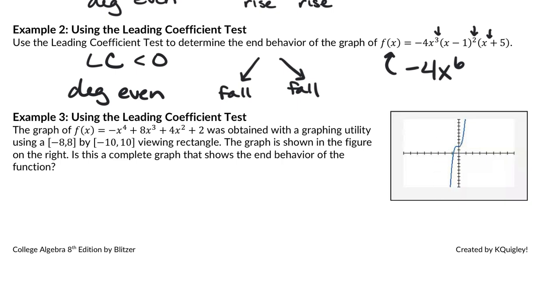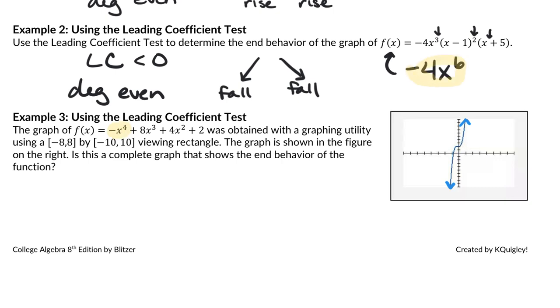The graph is shown in the figure on the right. Is this a complete graph that shows the end behavior of the function? Because right now it looks like the end behavior of this graph is falls on the left, rises on the right. If we do the leading coefficient test though for this function,